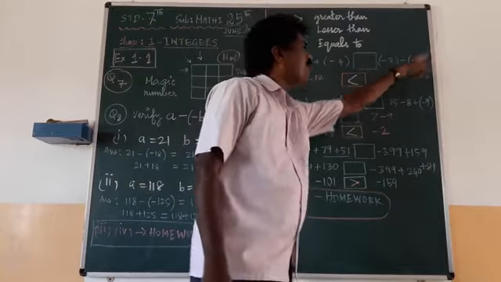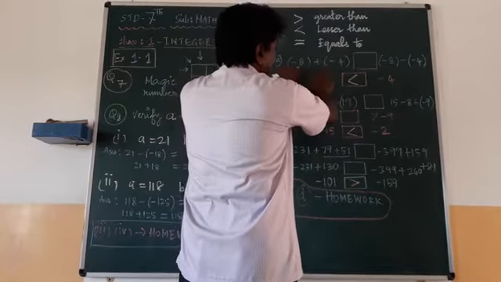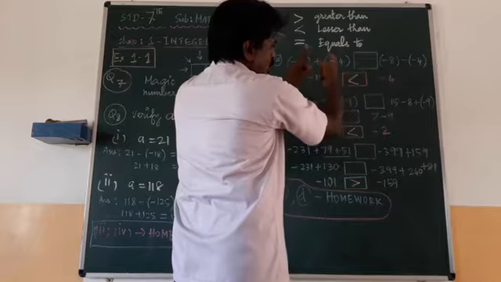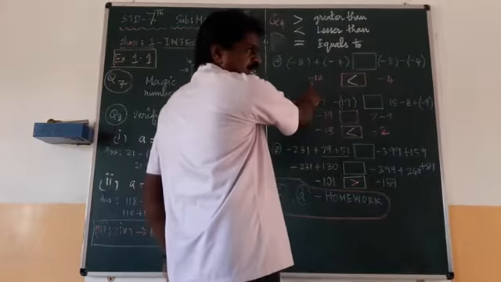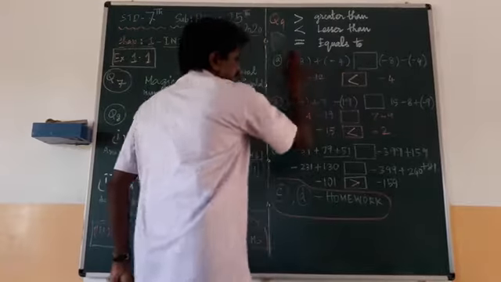Minus 8 minus of minus 4 is given. First step I am simplifying. We know minus number plus of minus number, what you have to do? You have to add the number, same minus sign will come. So 8 plus 4 is 12, minus is there, minus I have written.